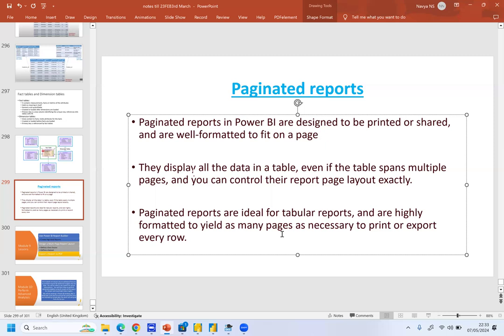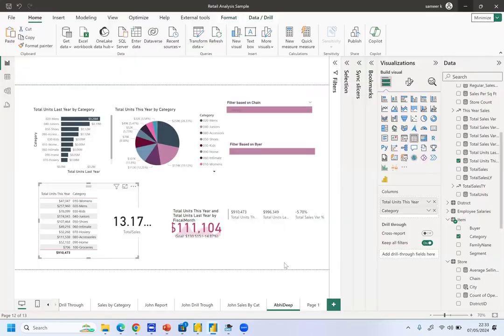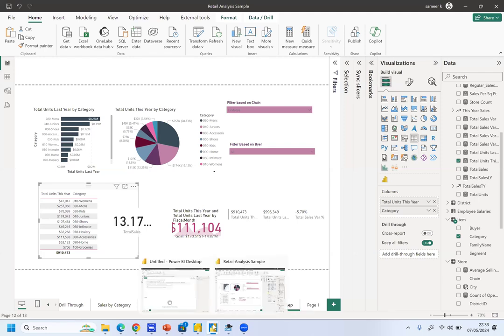Now we'll get into how to develop these paginated reports with the help of Power BI Report Builder. This is the look and feel of Power BI Report Builder, as we mentioned. Before getting into that, I want to discuss something about